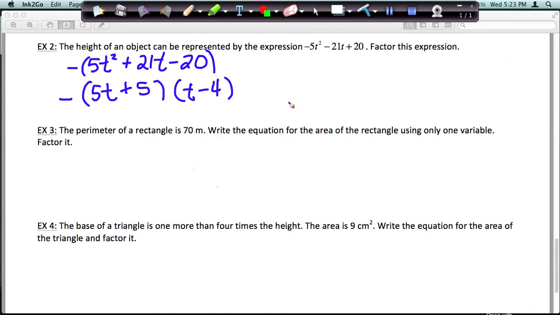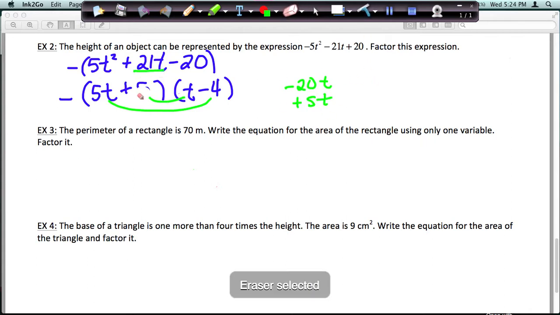And now we have to check and see if it works. So let's check our outside terms and our inside terms. Our outside terms we get negative 20t, and our inside terms we get 5t, and that does not add to be the 21 we need. So we need to switch maybe. Let's try 4 and 5. Okay, so we'll put the 4 first and then the 5, and we check, we get negative 25t and a